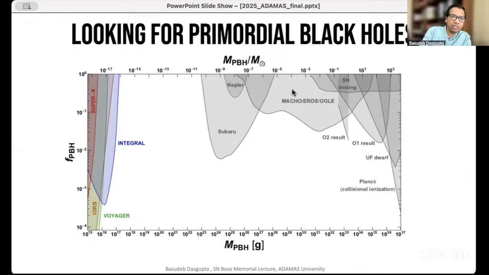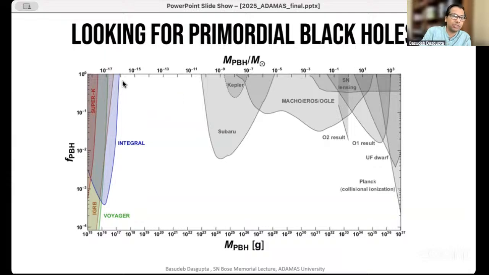And these colored regions or the shaded regions are again excluded regions which cannot be there. And what we have found in recent times is that these colored regions are excluded because if primordial black holes existed at this very low mass, then they are very hot and they Hawking radiate. And then we could see the products of this Hawking radiation from the black holes. We don't see that. And so therefore we know that if at least some appreciable fraction of dark matter is in the form of primordial black holes, it's certainly not in this region because then we would have seen it. And similarly, these shaded regions are ruled out by other observations.